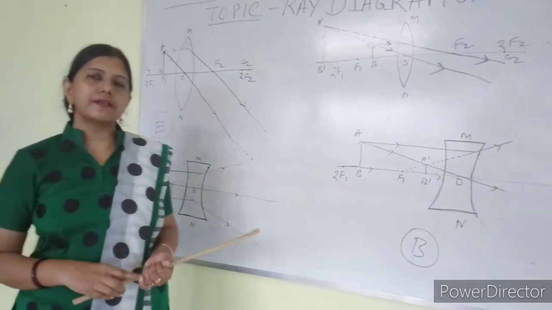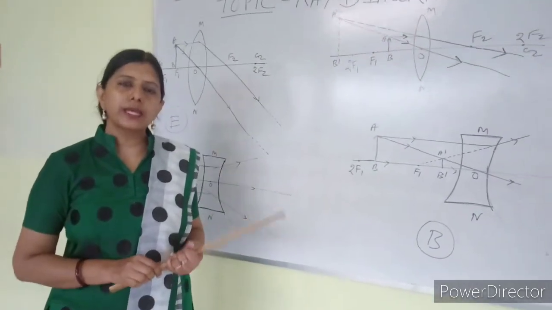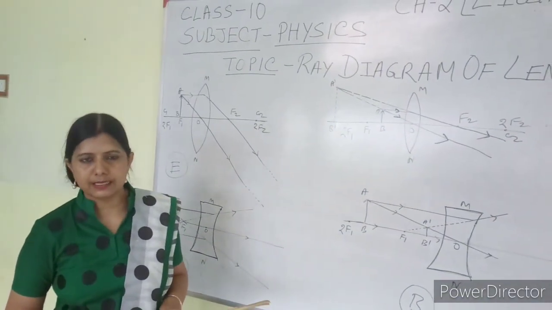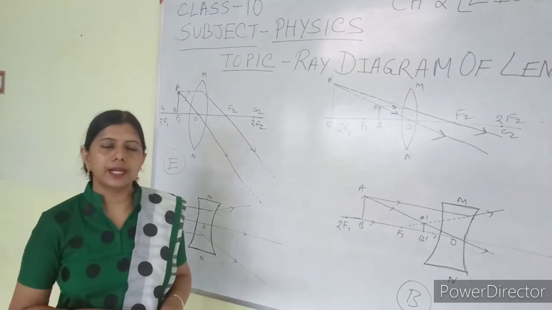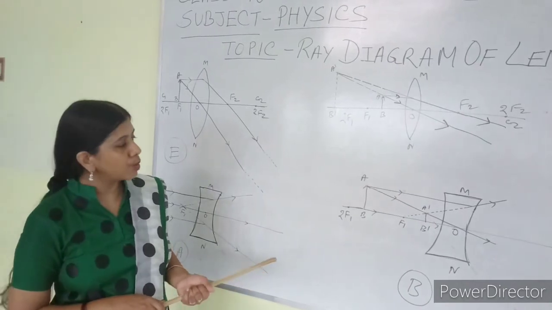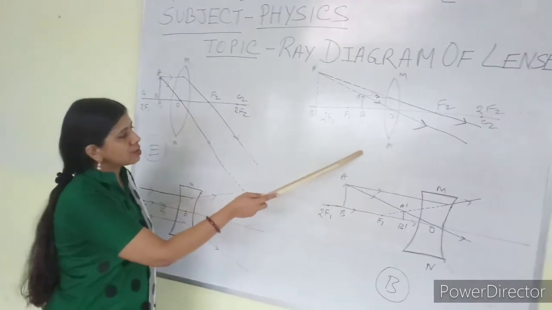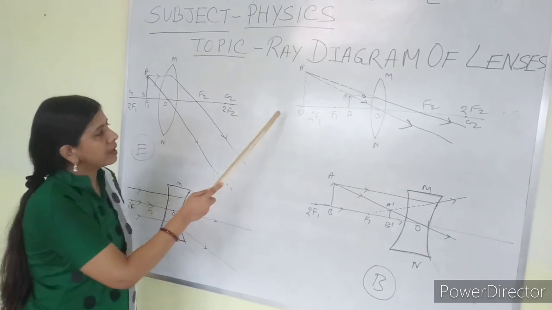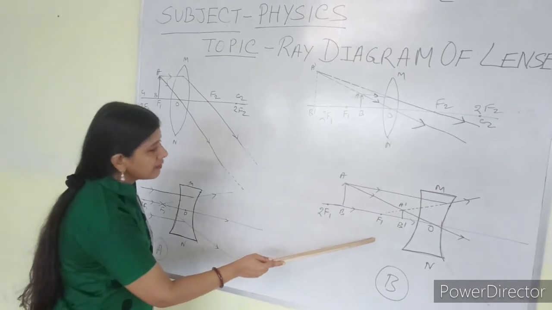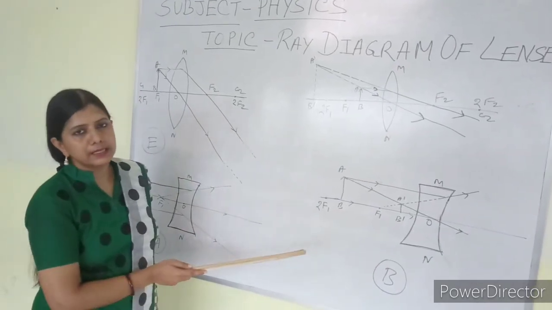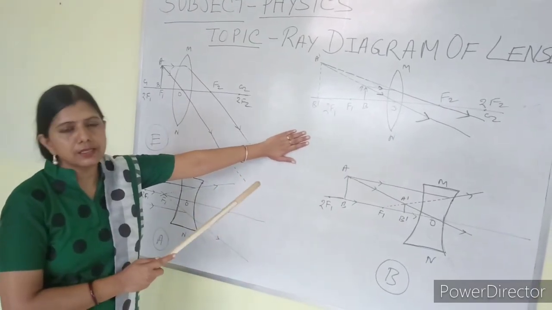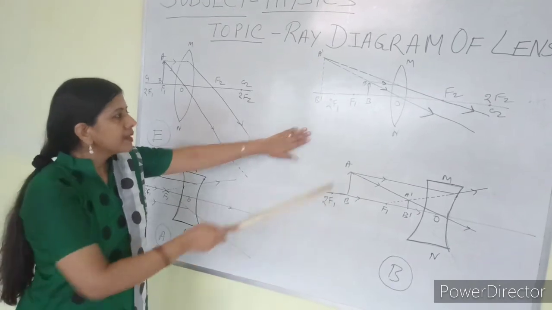Actually these lenses are very thin lenses. By looking at the lens, you cannot say which one is concave and which one is convex. The aperture is so thin that you cannot tell. But if you keep an object very close to both lenses, in the case of the convex lens, the image will every time be enlarged. In the case of the concave lens, the image will be diminished in size. This is the difference by which we can say which one is the convex lens and which one is the concave lens.